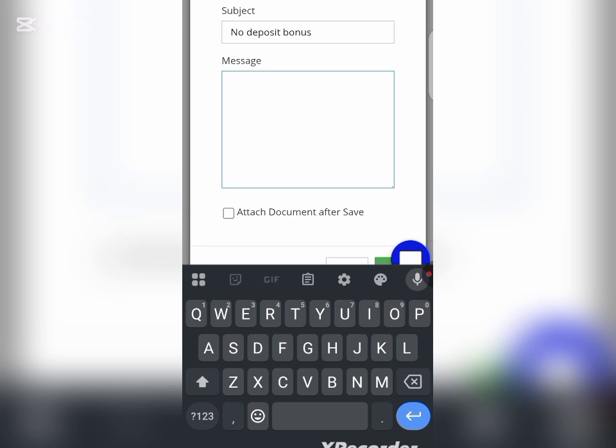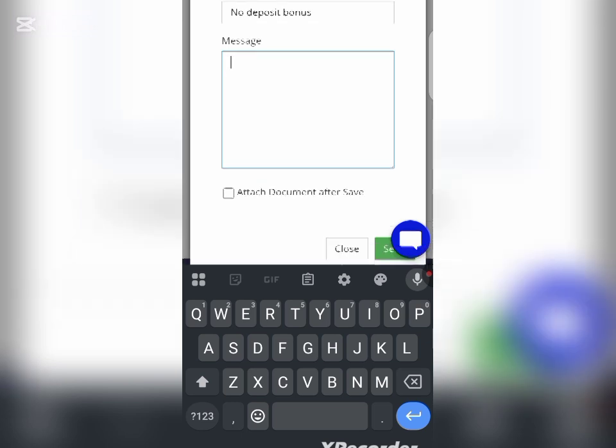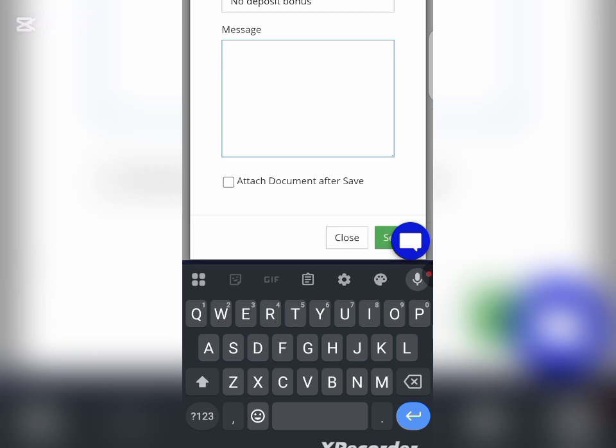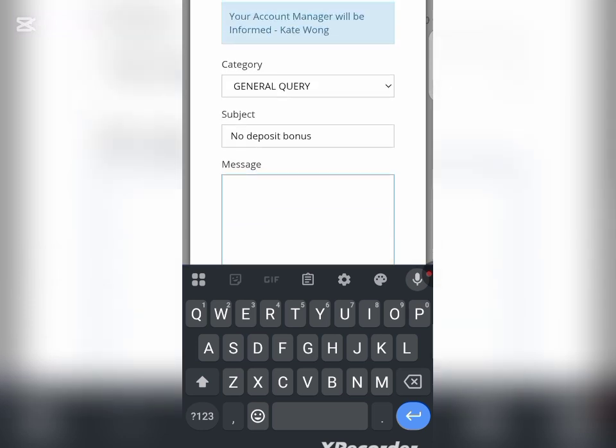This is my ID, and don't forget to input your ID. You'll find your ID after you've created the live account I told you to create the other time. So you'll find your ID. It is below your account where you'll see types of account and all other things where I explained the platform that you're going to be using. So enter your ID and click on save. Click on send.